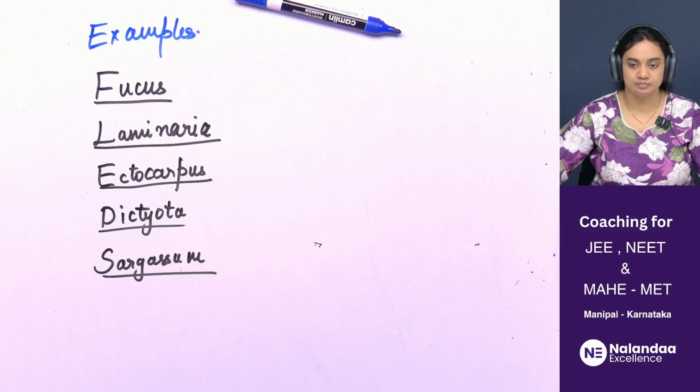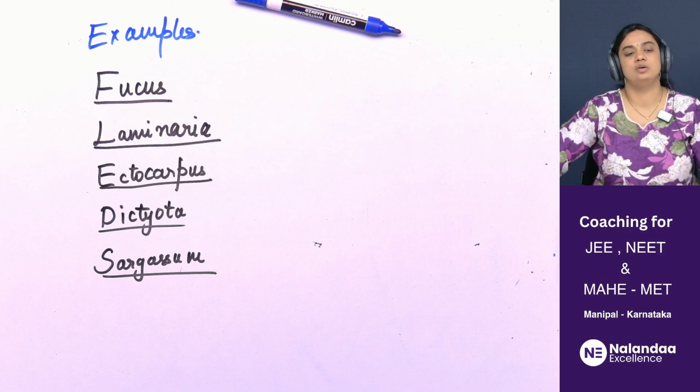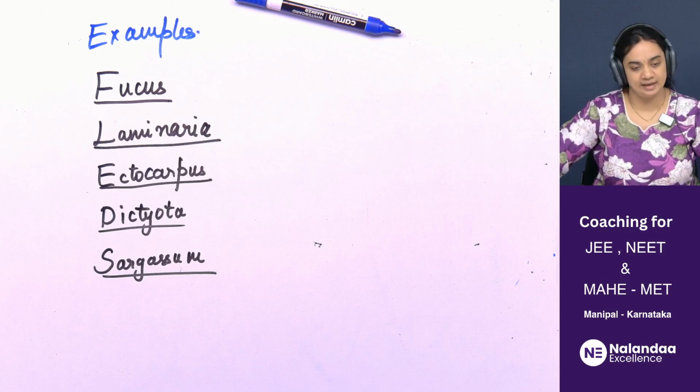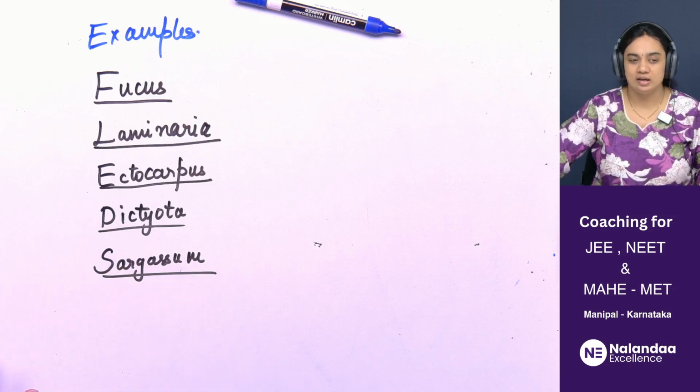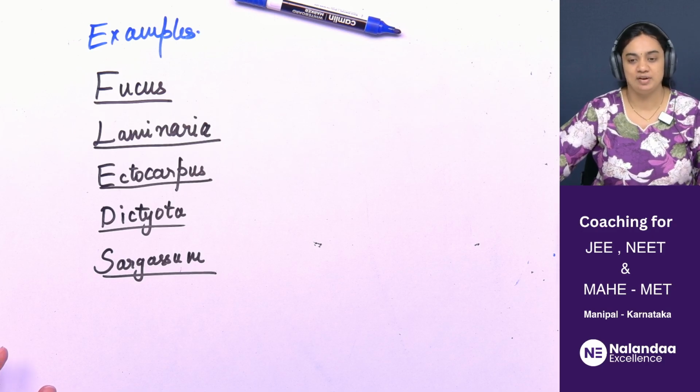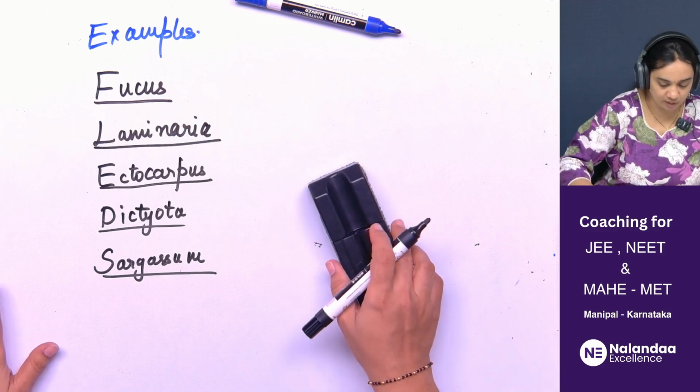Is this clear? So I hope you remember all the points. It is a slightly evolved form of algae where you do not see unicellular and colonial forms. Straightaway we see filamentous forms only. Then